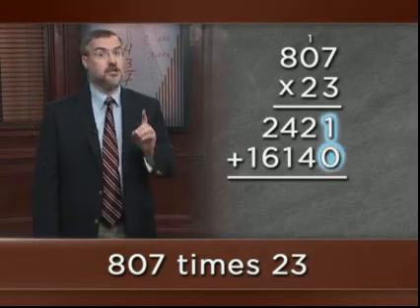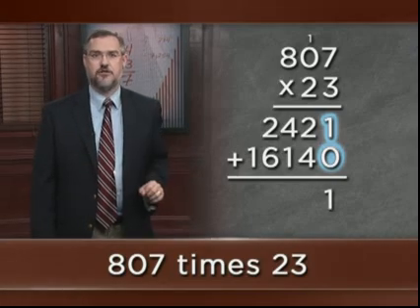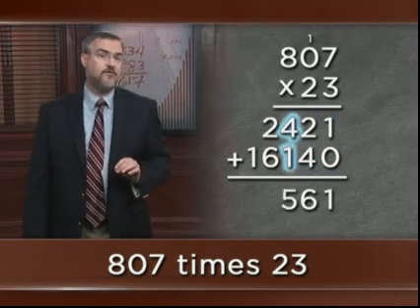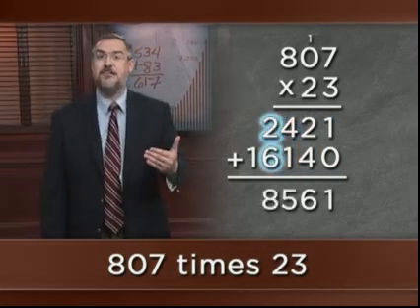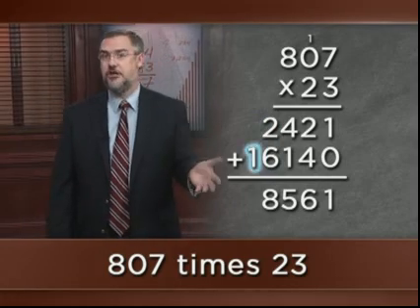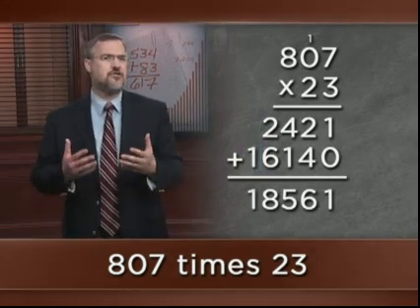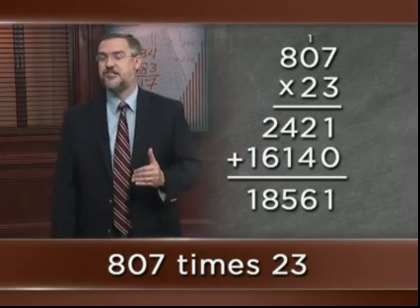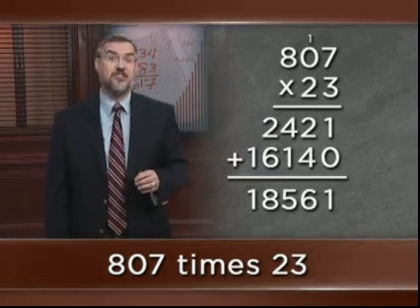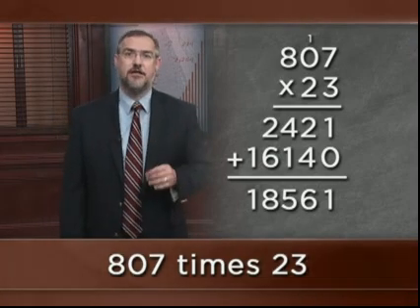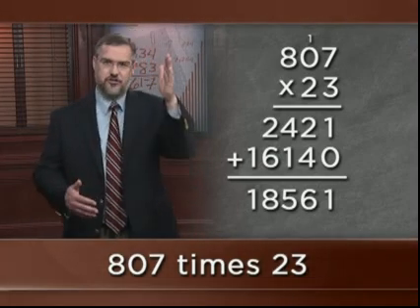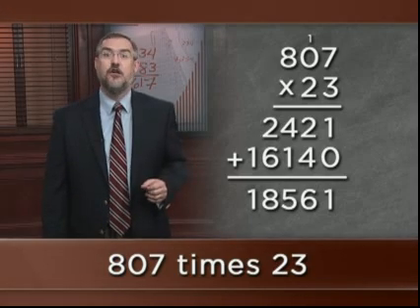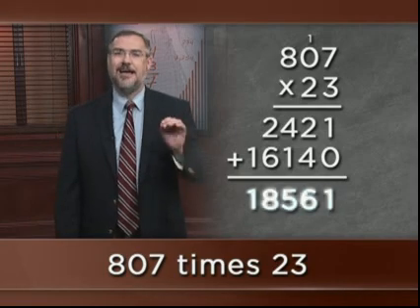0 plus 1 is 1. Write that in the answer section. 2 plus 4 equals 6. 4 plus 1 equals 5. 2 plus 6 equals 8. And 0 plus 1 is just 1. There was nothing in the 2,421 to add to the 1 in 16,140, which is in the 10,000s place in that number. And so it's basically just dropping that 1 down, or you can think of it as 0 plus 1 equals 1. So our final answer is